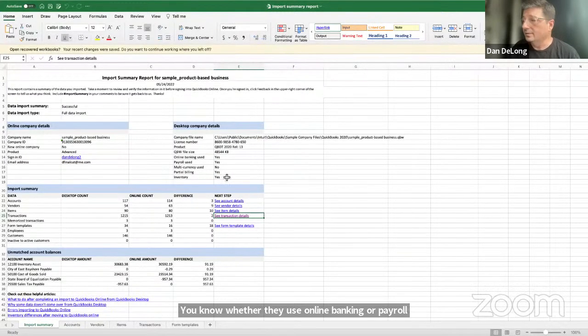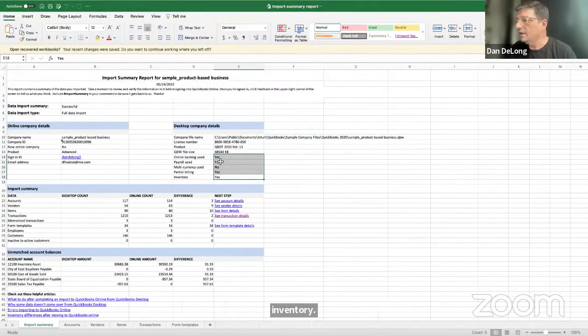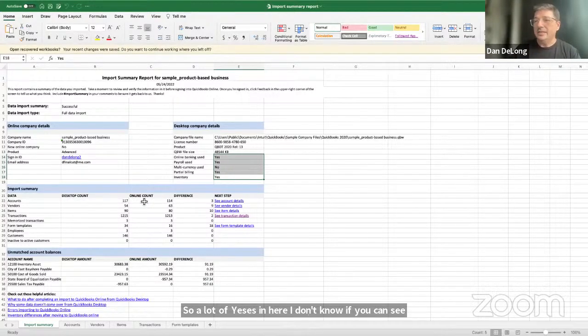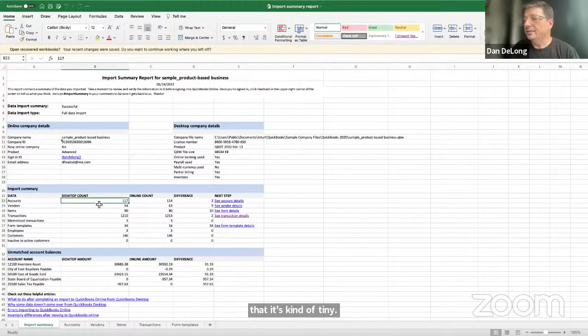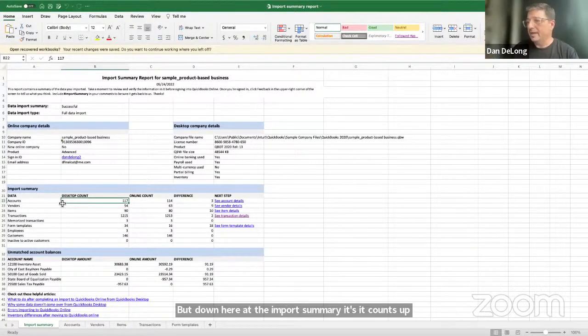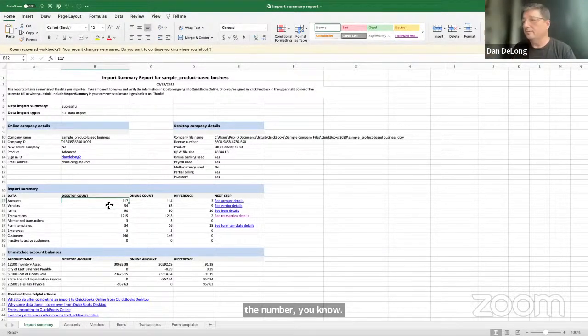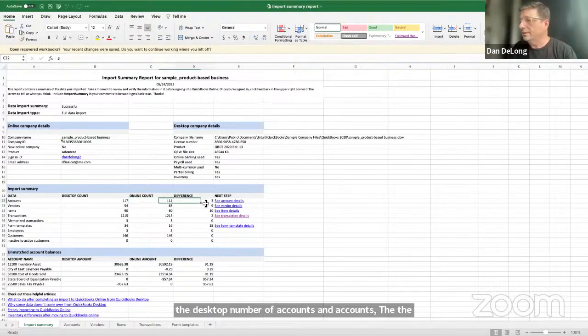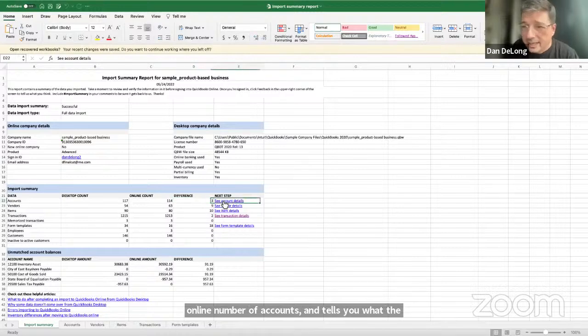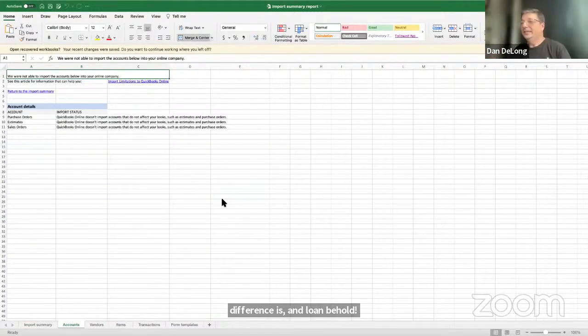So a lot of yeses in here. I don't know if you can see that. It's kind of tiny. But down here at the import summary, it's listed by account. It counts up the desktop number of accounts, and it counts the online number of accounts and tells you what the difference is. And lo and behold, it gives you an option to see why there's a discrepancy.